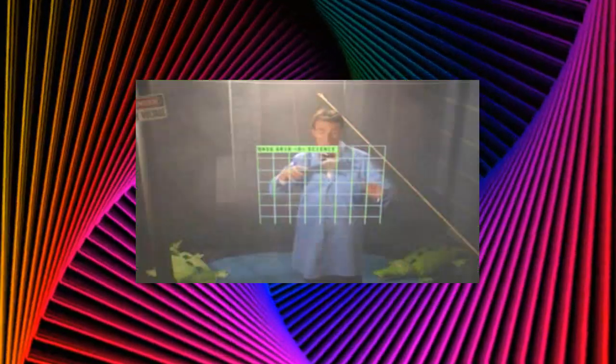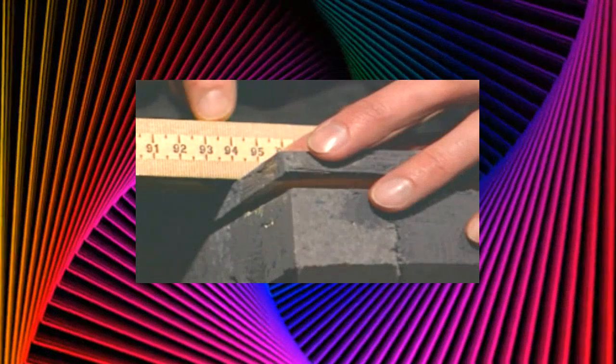We want to build a bridge from here to there because the chasm is too far to jump across. And besides, down there is a raging river infested with vicious alligators. Well, it's a representation. So, to build a bridge, we need to measure it. When we measure things, it's as though we project a grid on the world. So we can measure this empty space with this 2-meter stick. And it's exactly 194 centimeters across. So, we want a bridge at least 194 centimeters long.